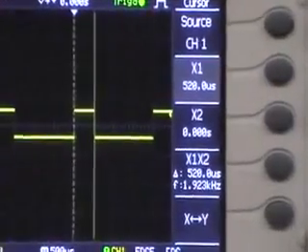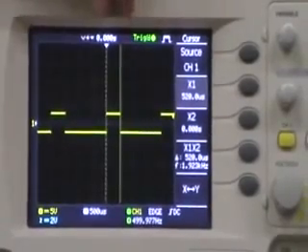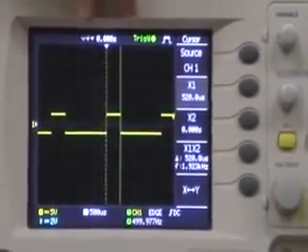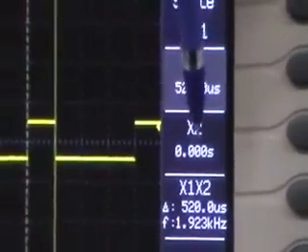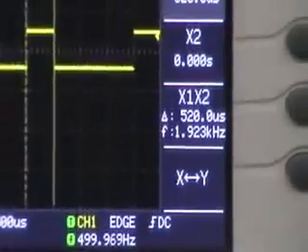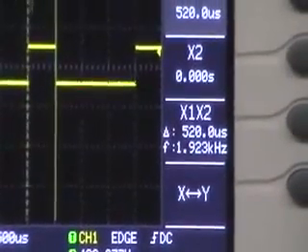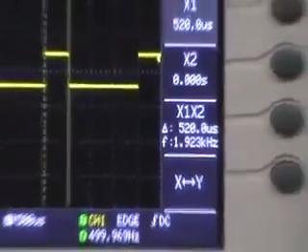For the positive peak, with the 2 vertical lines, the value being displayed over here comes out to be 0.5 millisecond. That gives the time for the positive cycle.